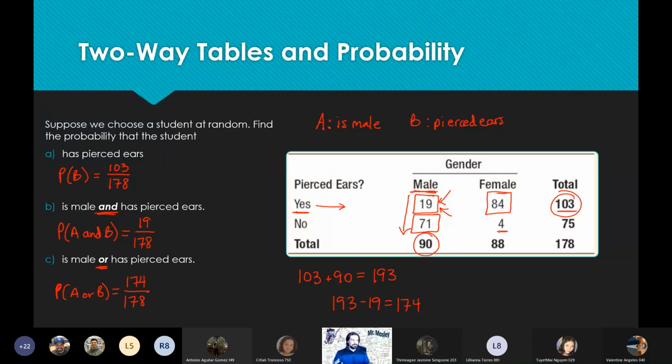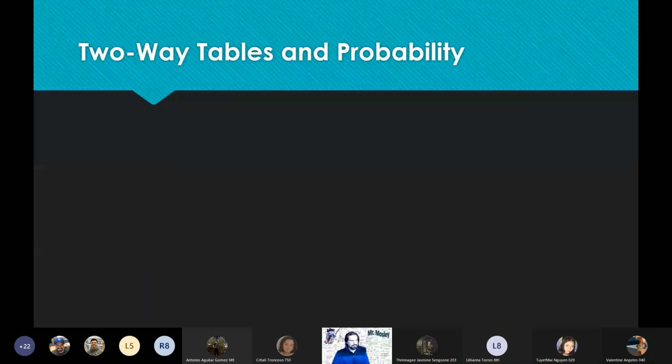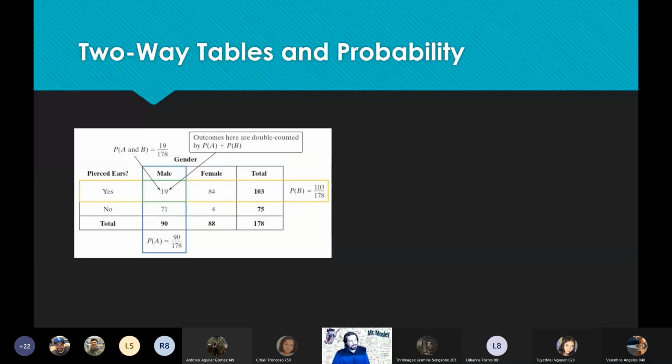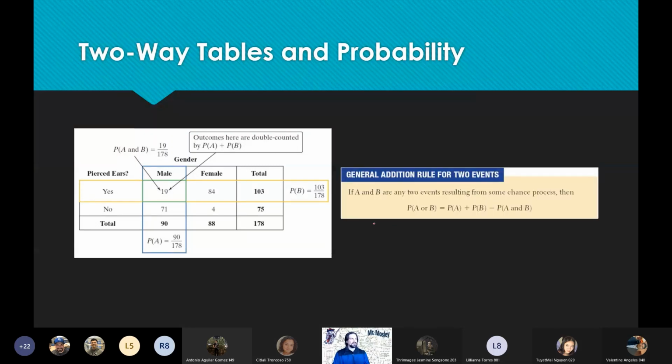All right, so now, we've seen how we can use this two-way table. It very easily allows us to pick out the numbers we need to write our probabilities. Very nice. This leads us to the next thing. So again, this is another version of what we just talked about, where the outcomes are double counted right here. The 19 was counted twice. So to make sure we don't double count events,